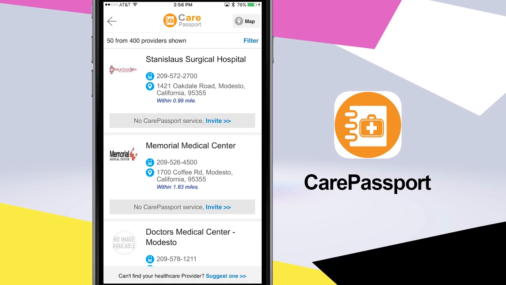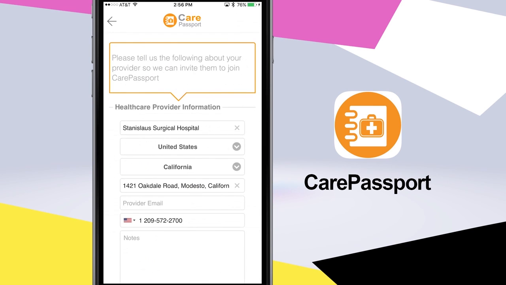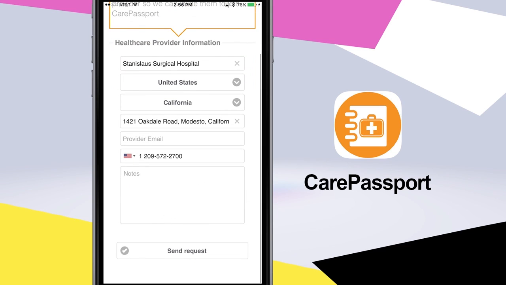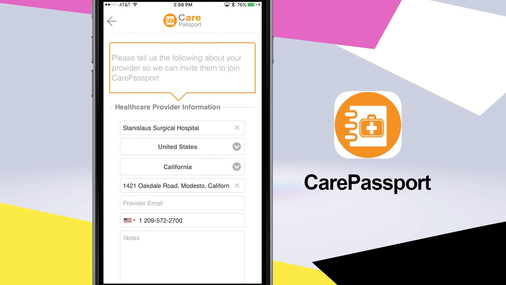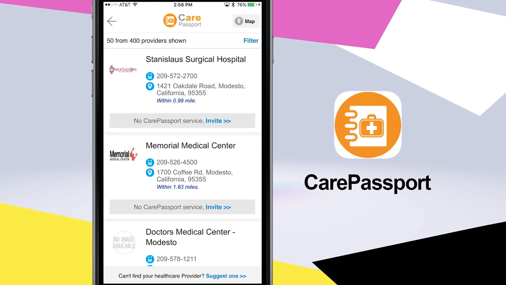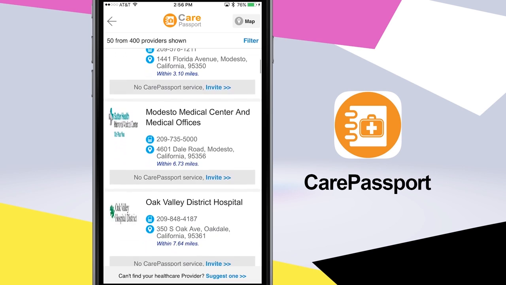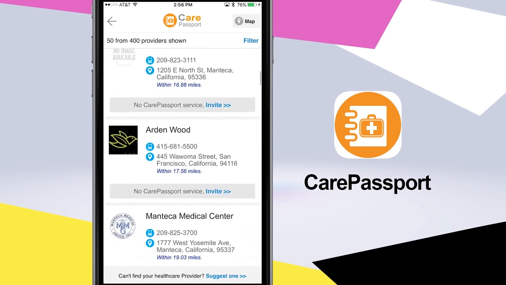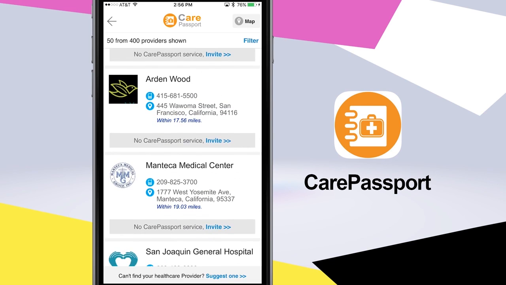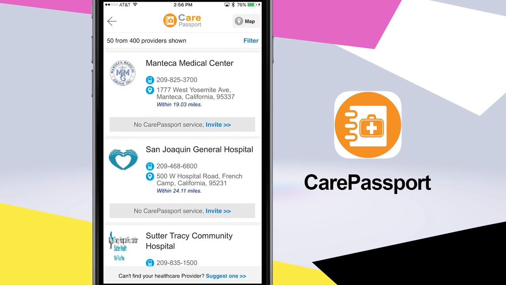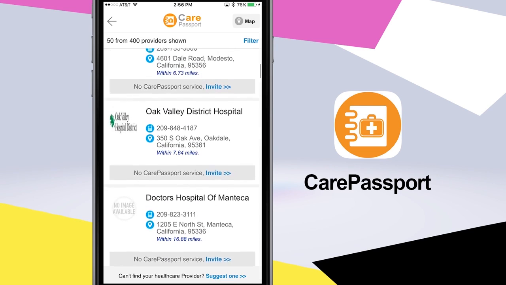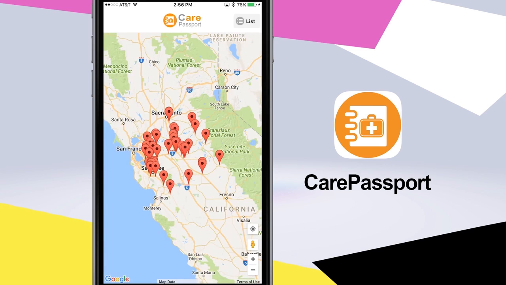Now, where I'm at, the facilities currently do not support CarePassport, but if I wanted to, I can actually invite them by tapping the invite button on the location itself, and it's going to send them an email letting them know that I would like to have CarePassport optional for that facility, because things are really simple and really easy to do when you have it all on one device, and it makes it really convenient to get everything done with your medical records, history, and even getting into the hospital itself or even the care facility that you need to go to. And as you can see, I can see all the different facilities that are around me,